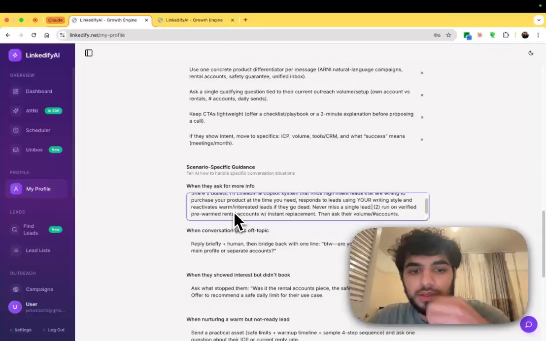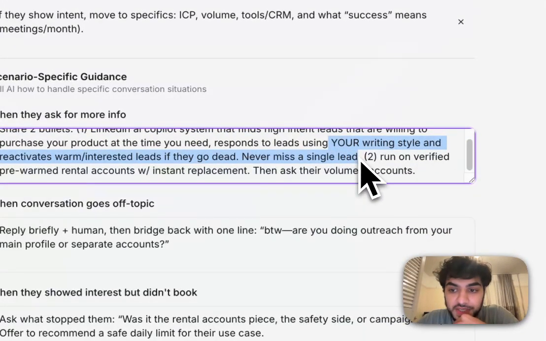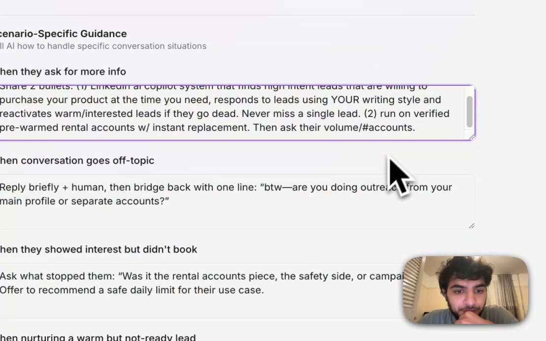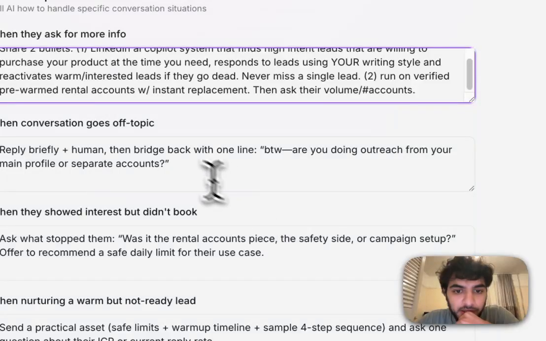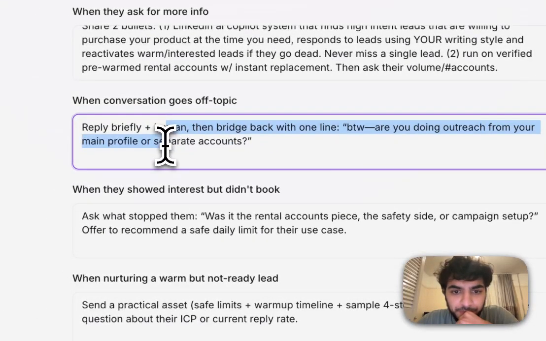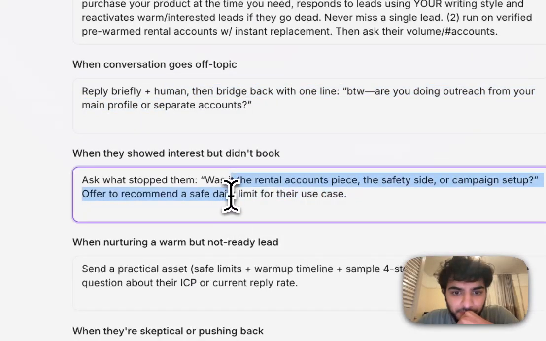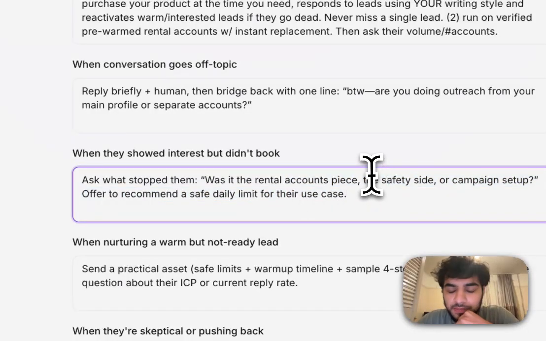All right. I will actually go over this bit right here, what lead reactivation is and how you can set up your own lead reactivation system. And obviously we put this is also very true. Then when the conversation goes off topic, you can put this in as well. This would be used in your lead reactivation, and I would put in some case studies,